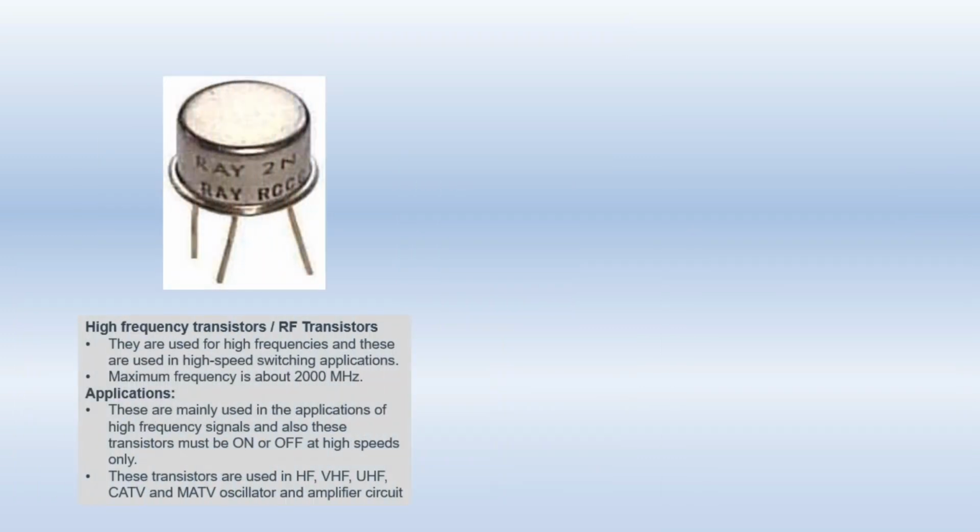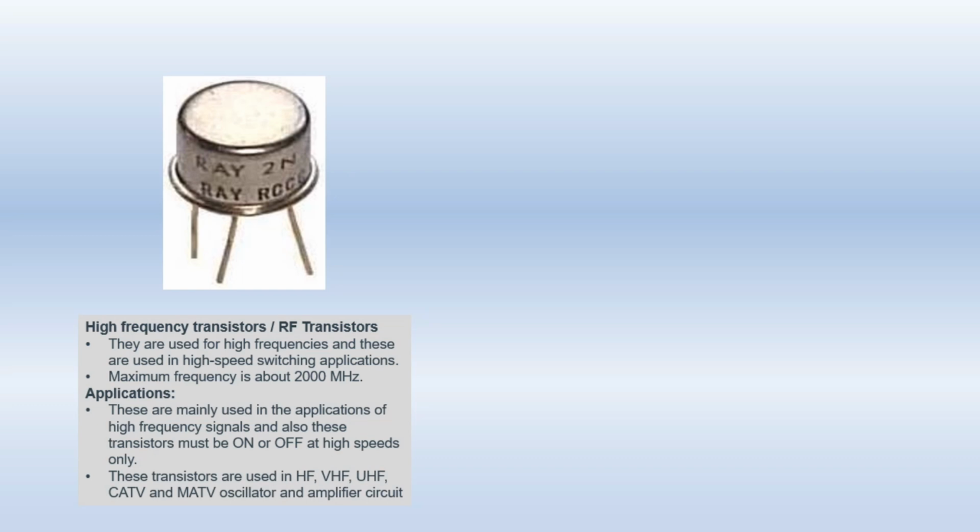Next we have the high frequency transistor. We also call them radio frequency transistors. They are used for high frequencies and in high speed switching applications. Maximum frequency is about 2000 megahertz. They are mainly used in applications of high frequency signals and also these transistors must be turned on and off at a very high speed. These transistors are used in high frequency, very high frequency, ultra high frequency, CATV and MATV